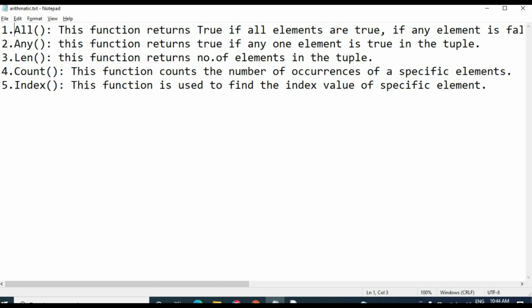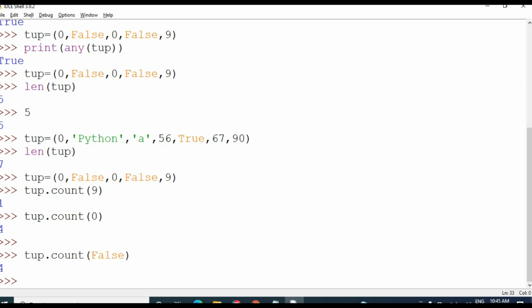Then the next one is index. This function is used to find the index value of a specific element. If you want to find the index number of a specific element in the tuple, you should use index, which gives the position at which the element is present.